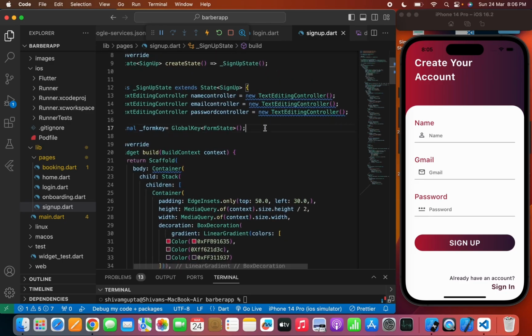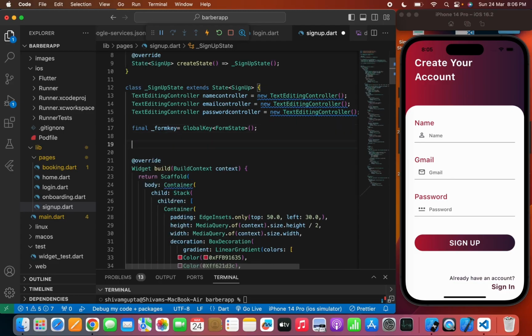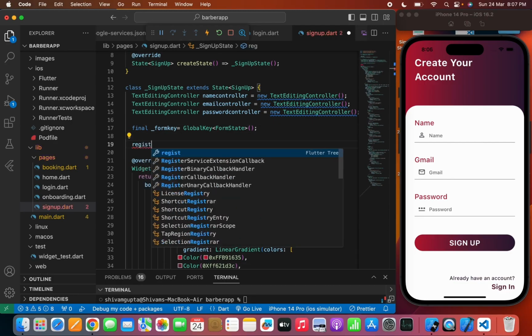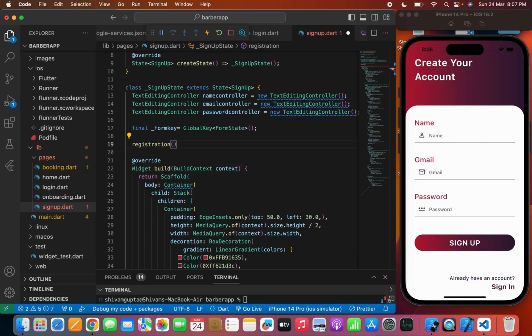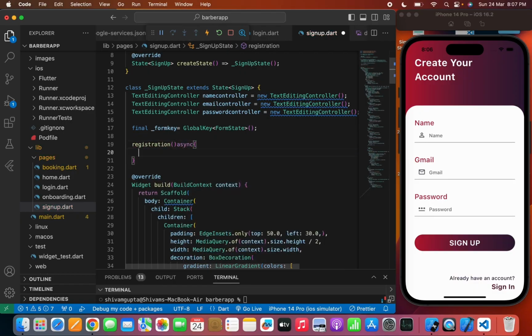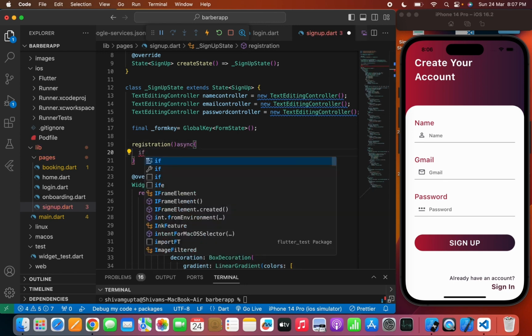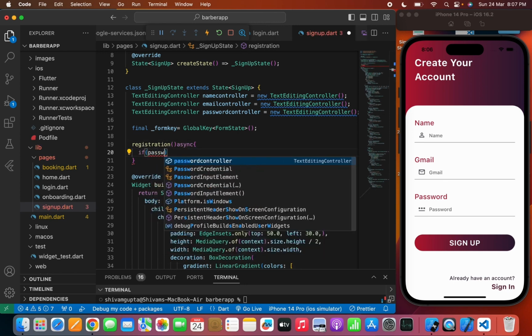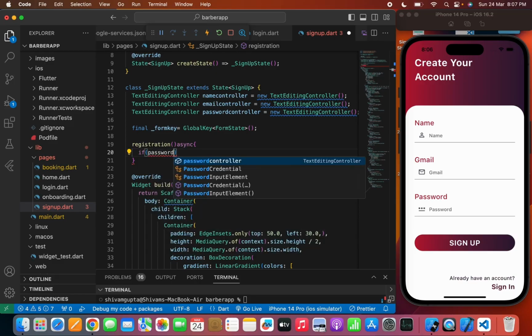Now I will move on and will create a registration function which will be called when the user clicks the sign up button. So if you have followed my other series like chat app, e-commerce app, to-do app, or the news app, then you already know the use of the registration function in the sign up page. If you haven't followed that series, I will paste the link in the description box,